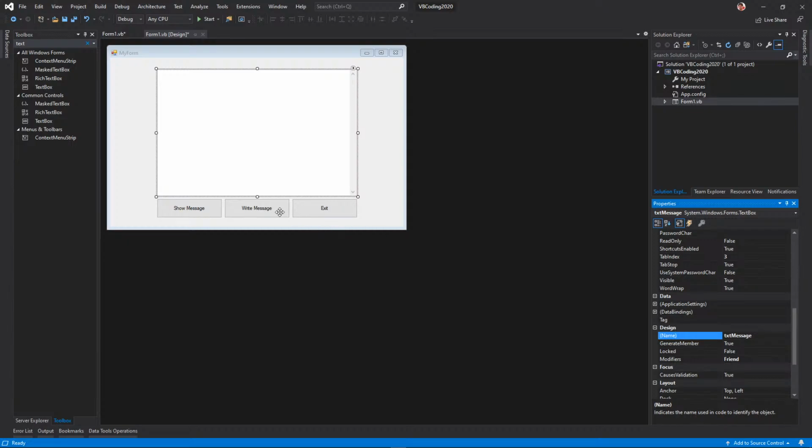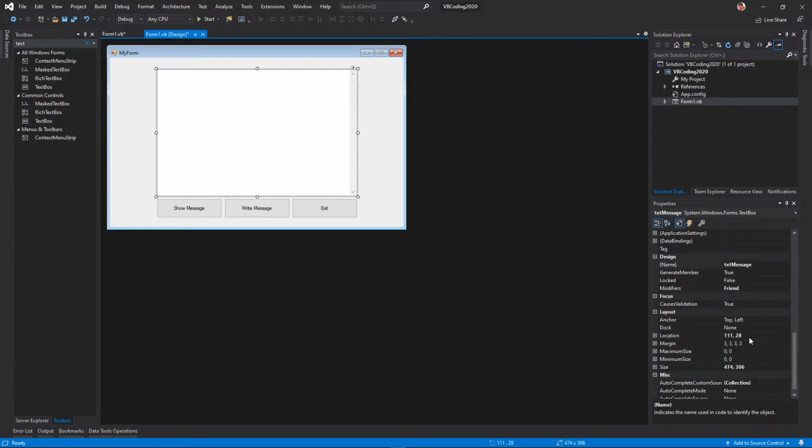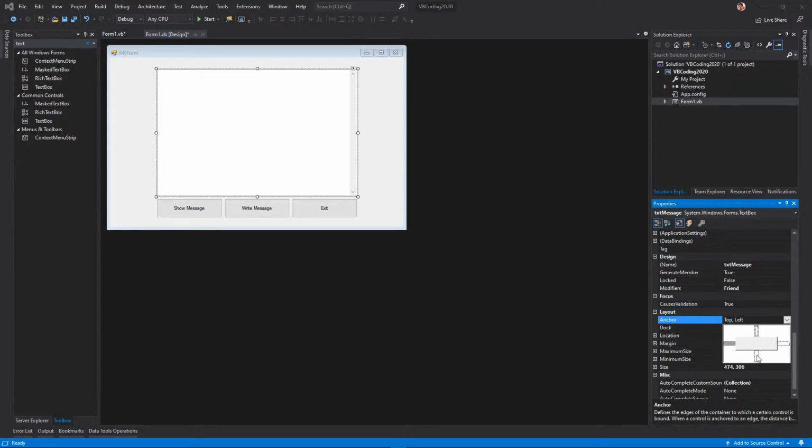And let's name our buttons. I'm going to start with the prefix of btn for button, write message. And for exit, let's call it btn exit. Okay, so let's add our code for these. And before doing that, let's also do some anchor properties. So same thing here. I want to align it to the